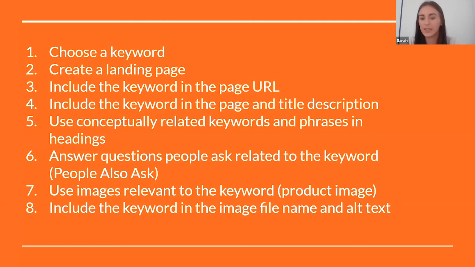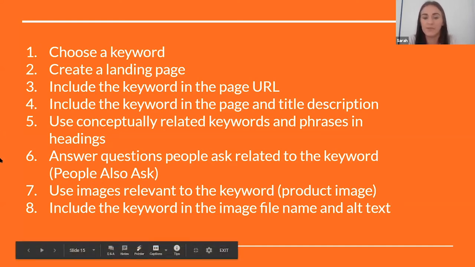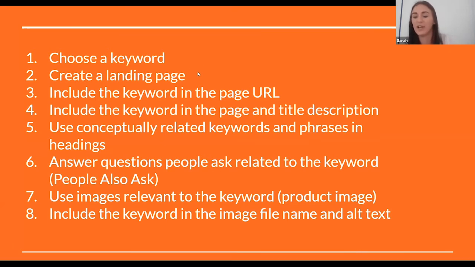And you want to include that keyword in the URL for the page. So if your keyword was plumbers in Dorset, your URL would be something like www.adamlastname.com/plumbers-in-dorset, and that would be the URL, because that would help Google understand that actually that's what you're trying to target. And then you can also include the keyword in the page title and also in the